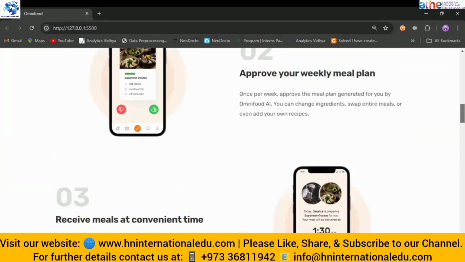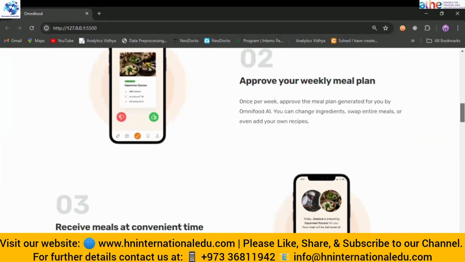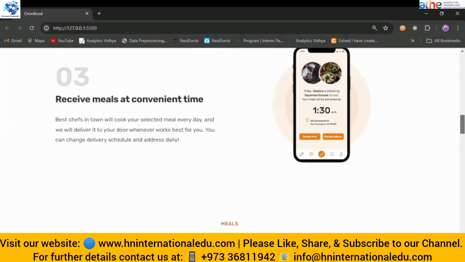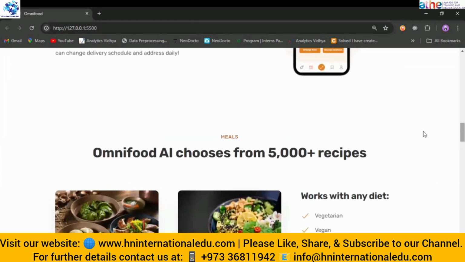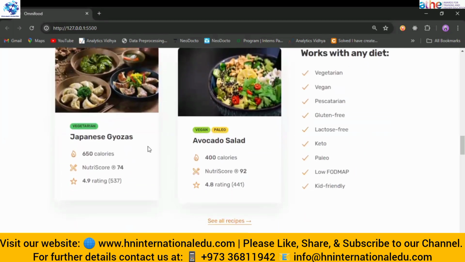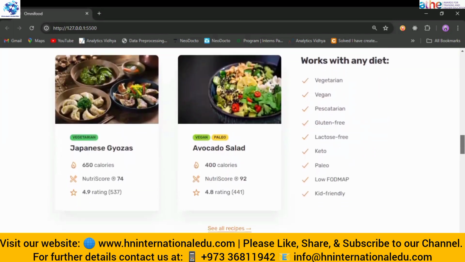So this is a Z pattern layout. How the content is on the left and the image is on the right. Similarly, here you can see the content is on the left and the image is on the right. So this is called a Z pattern layout. Again, the main color is highlighted with the primary color. Now, here we want the user to select a pricing, to select a diet plan for their meal.